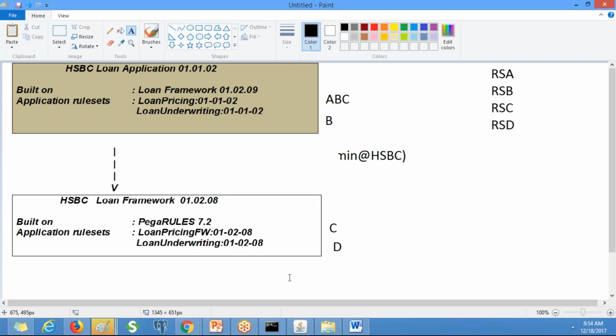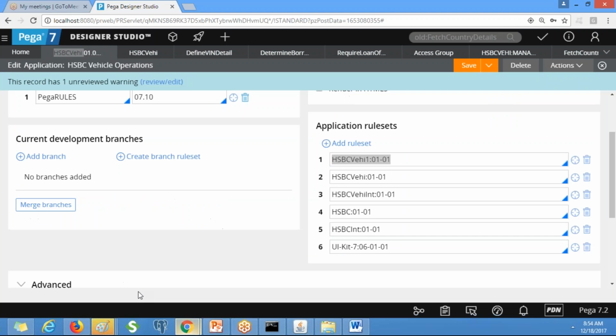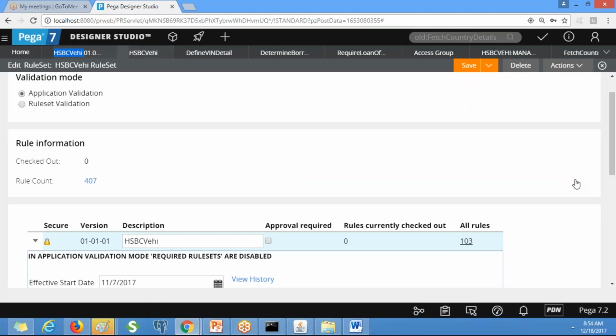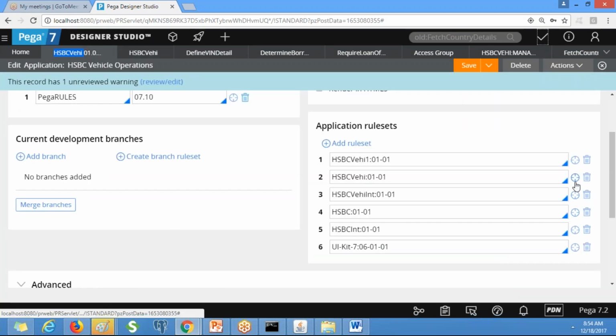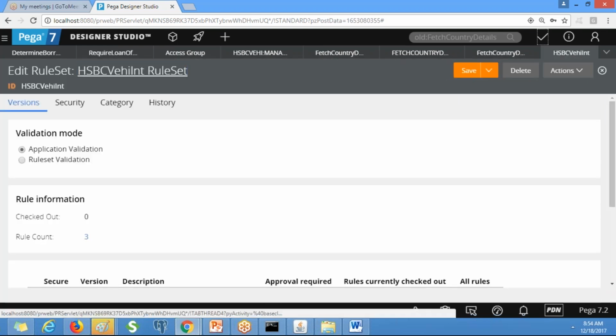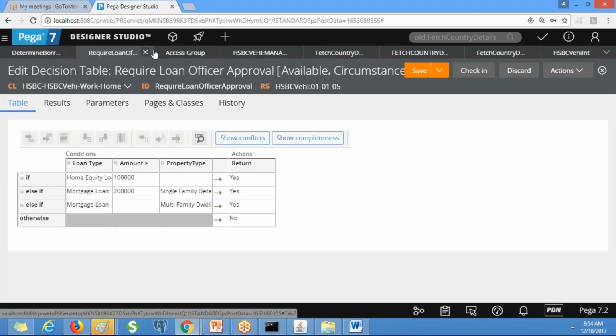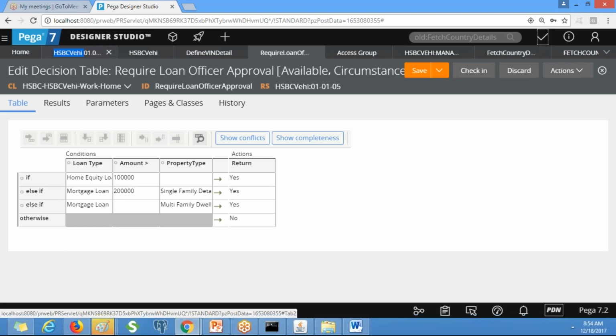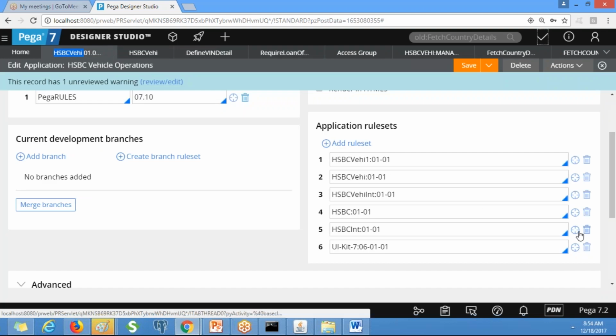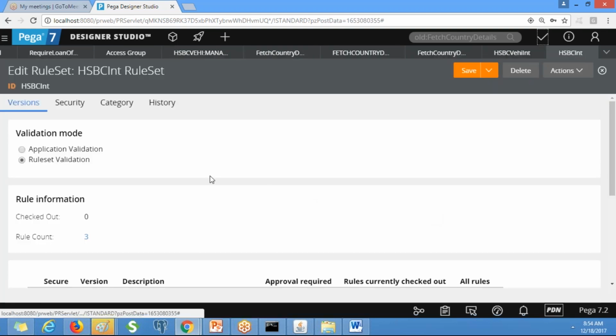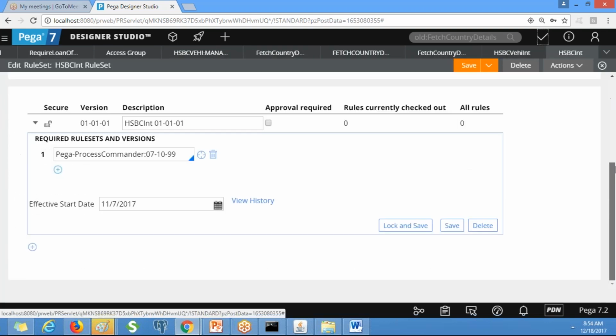Okay, by default, you see, these are the rule sets created by PRPC. This is application validation. This one, integration, is also application validation. You see, this is rule set validation.